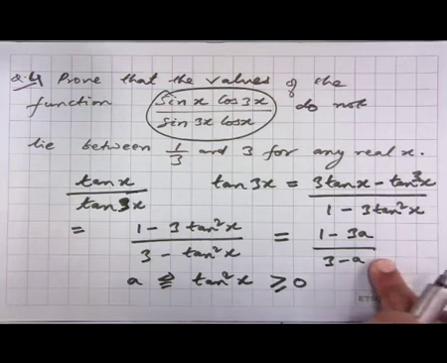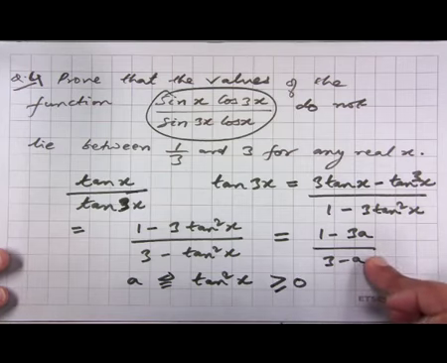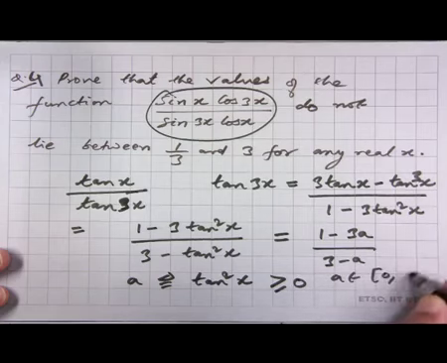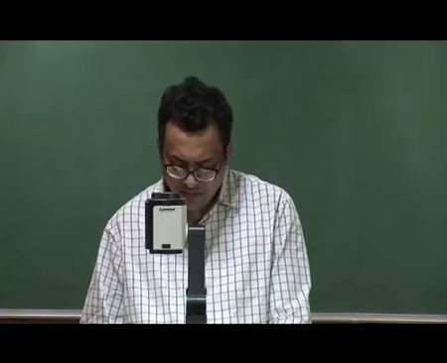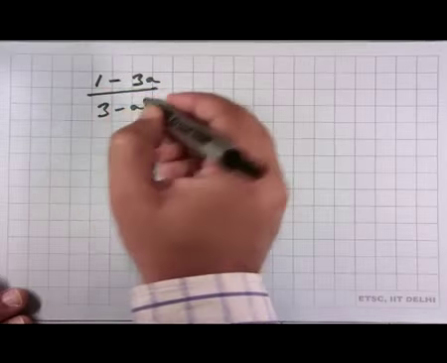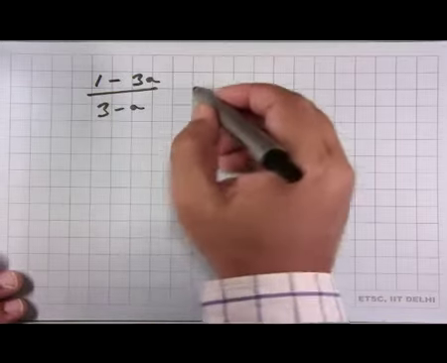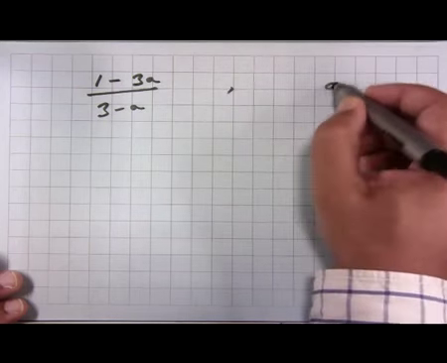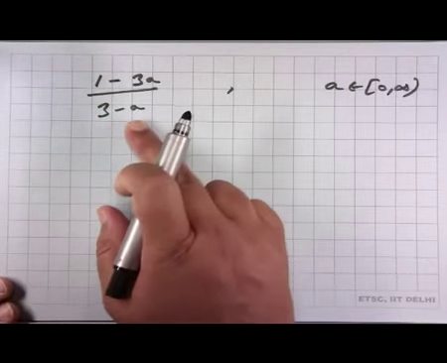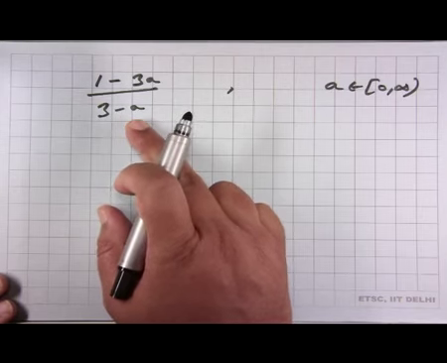So, a could be any value depending on x; a could take any value between 0 to infinity. So, a essentially belongs to 0 to infinity. What the question is asking us to prove is that for a belonging to the interval 0 to infinity, we have to show that this ratio, 1 minus 3a over 3 minus a, never takes any value between